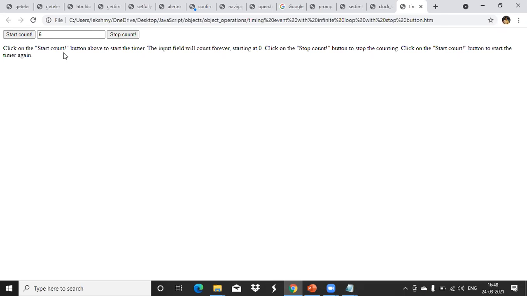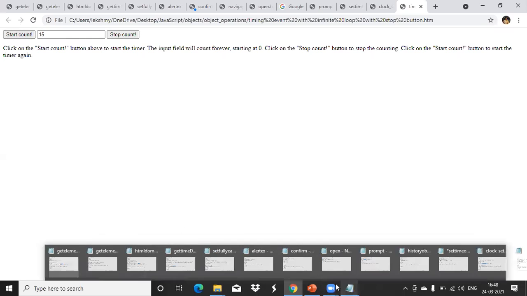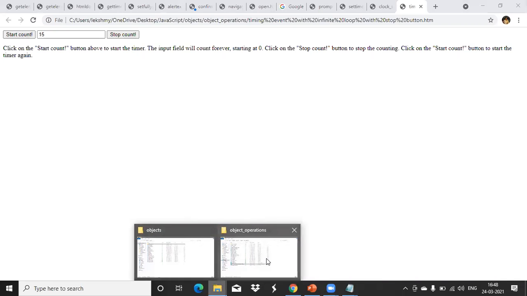It is infinite; 10, 11, like that, it will keep on counting. If I click on the stop count button, then it stops. So how to create a time interval like this, we have these functions only. See here.